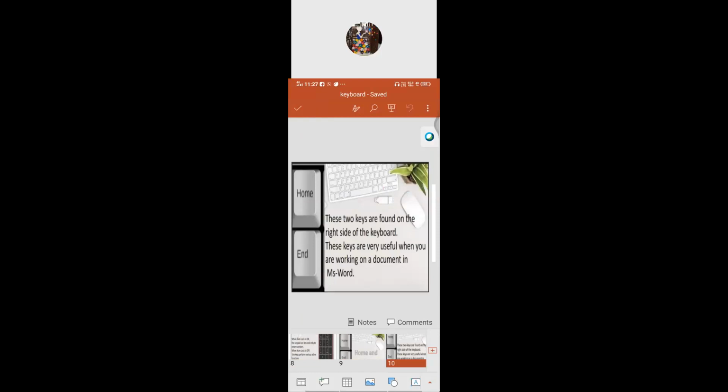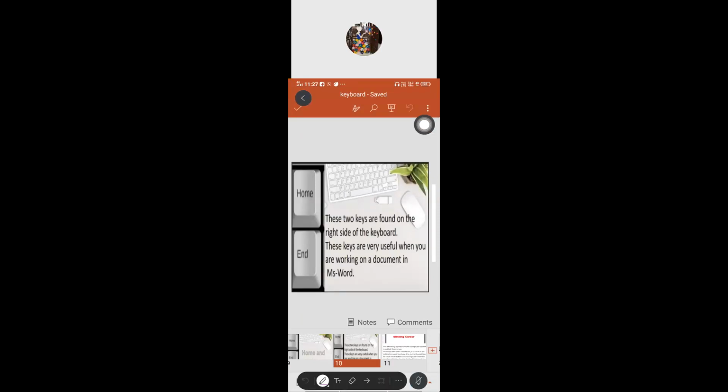The Home key is primarily used to return the typing cursor to the beginning of the line on which you are currently typing.